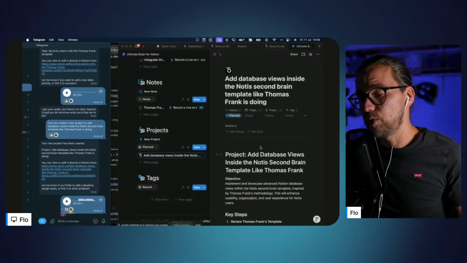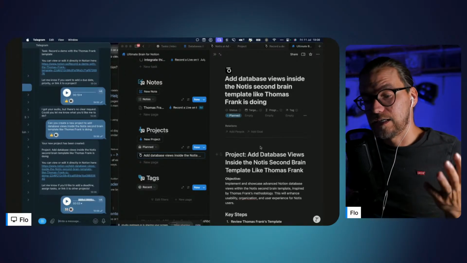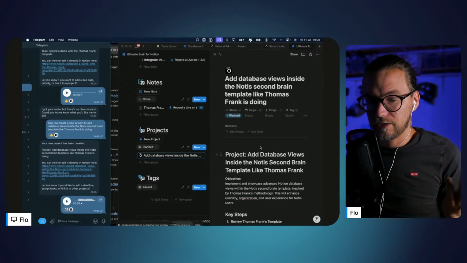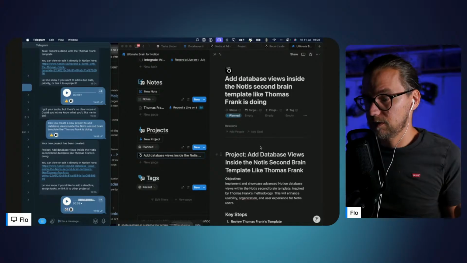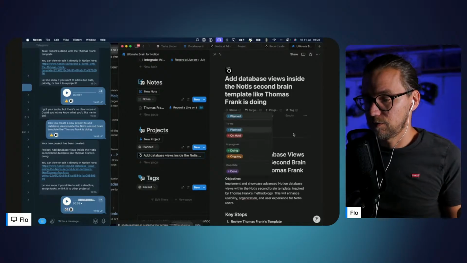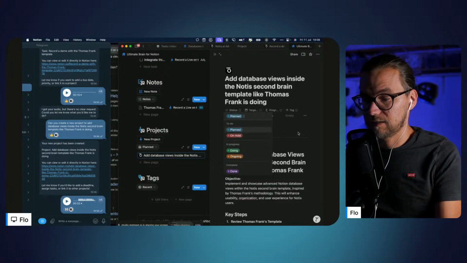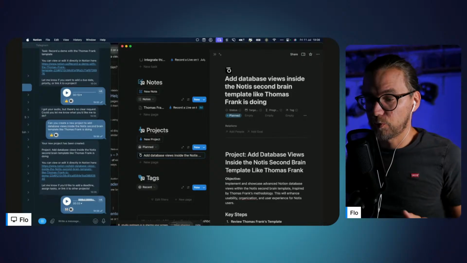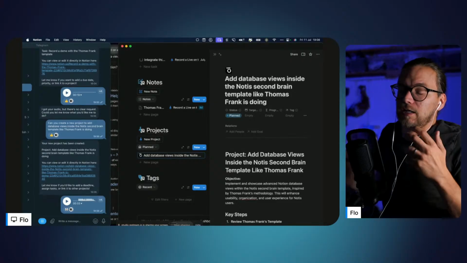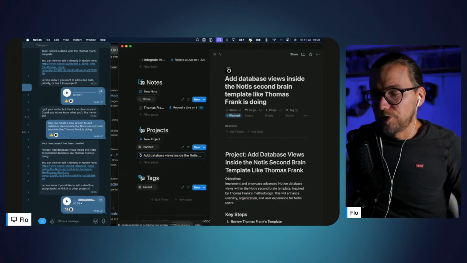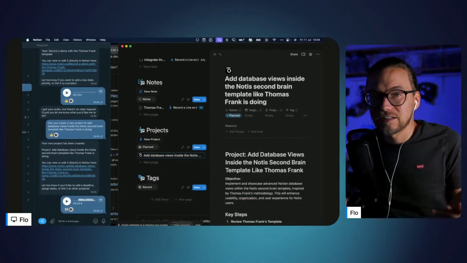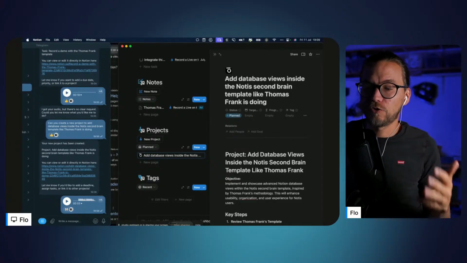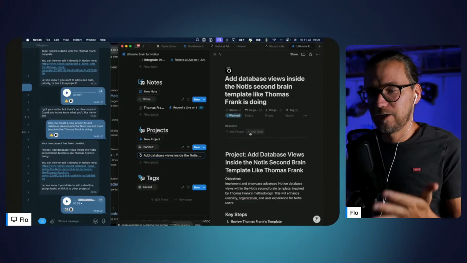So I'm going to show you how Notis can update anything in your Notion workspace. Right now we just asked Notis to change this little status here to active, basically, no matter what it means. I suppose it will choose ongoing or something like this. So that's the whole point of it: you send something, you fire and forget, and then you go do something else. Like if you're in front of your computer like I am right now with Notion open,